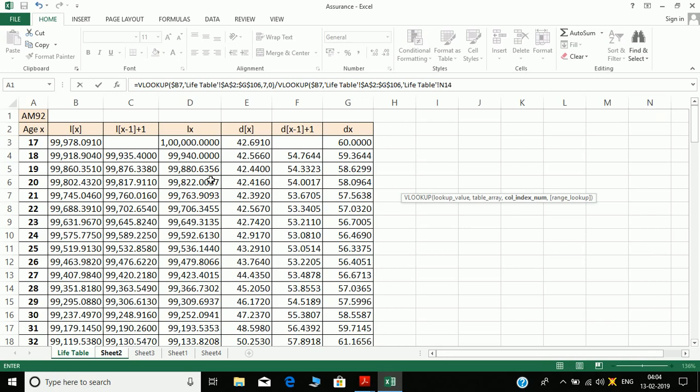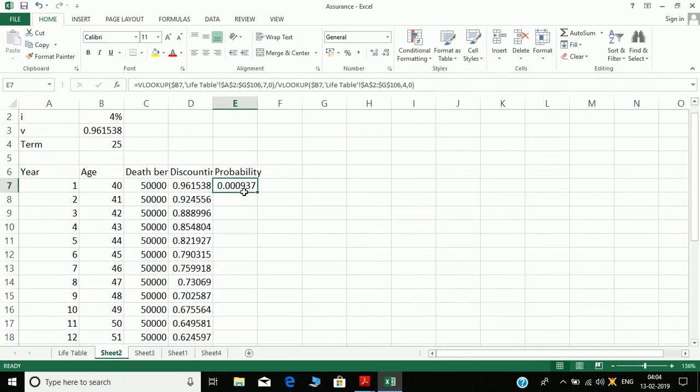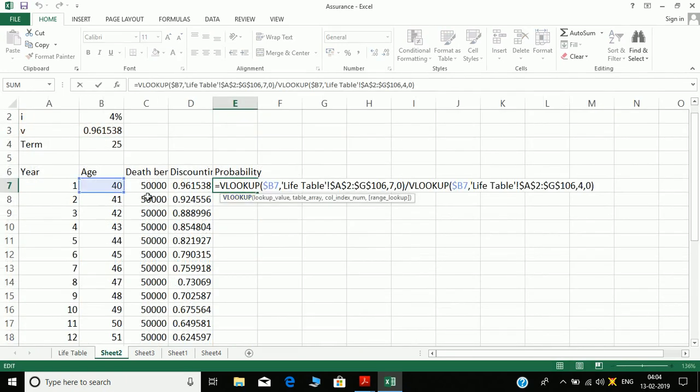So we will put the column 4, exact match. So this is our probability. That is VLOOKUP H40 in the life table, 7 is the dx column, and here again the life table, lx is the fourth column.